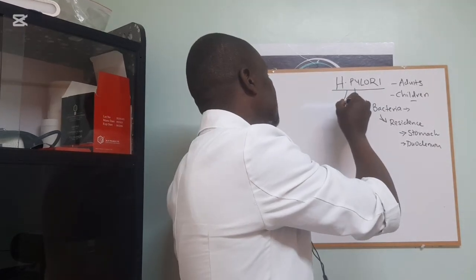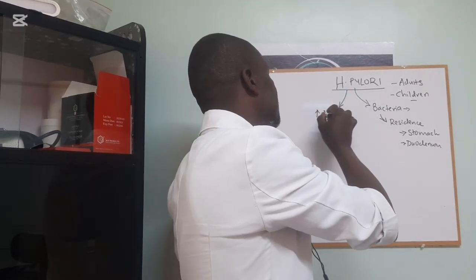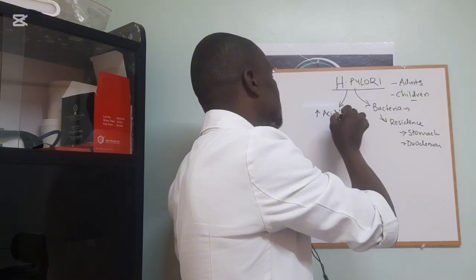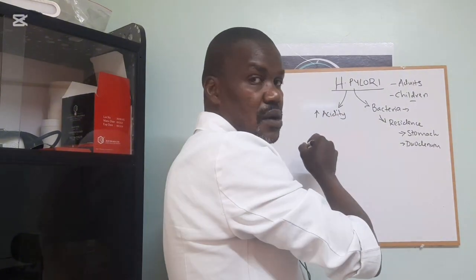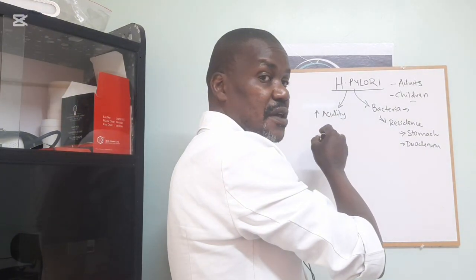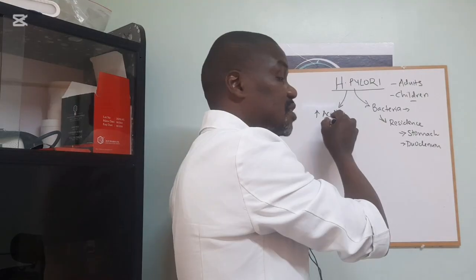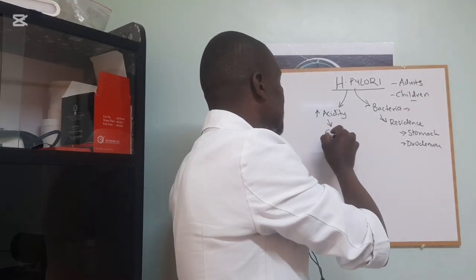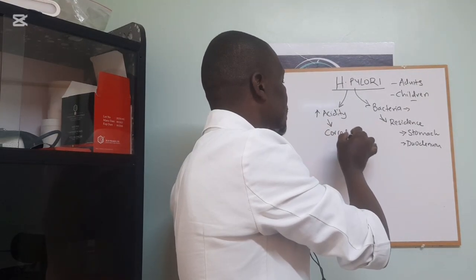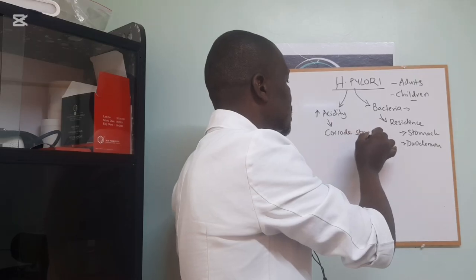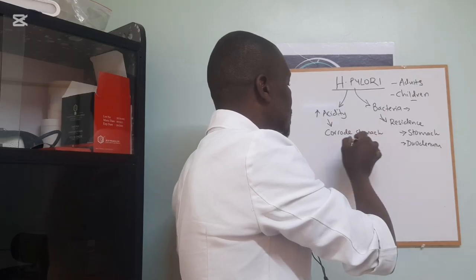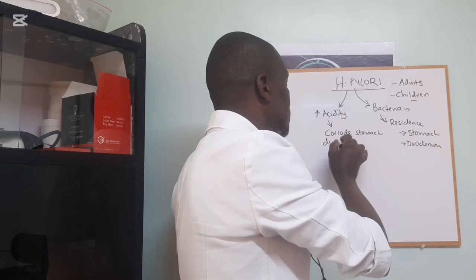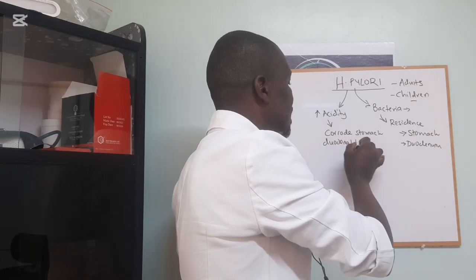What H. pylori does is that it increases the acidity. Once the acidity is high, the consequence is that it can corrode the stomach or duodenal lining,